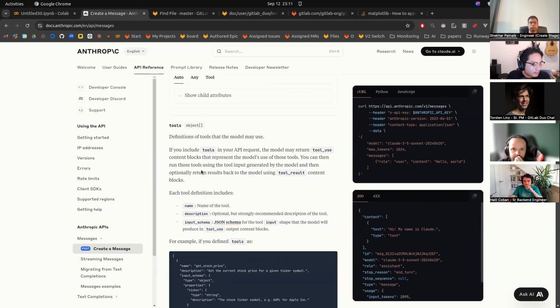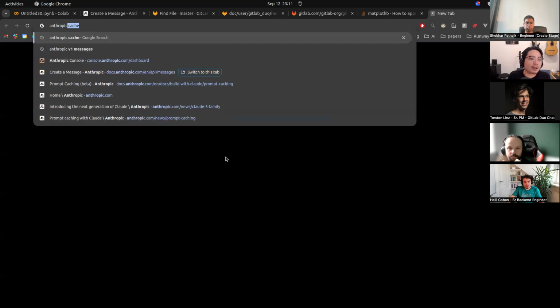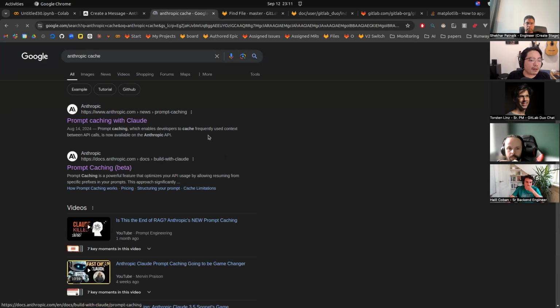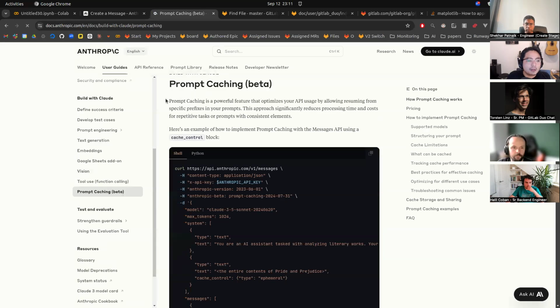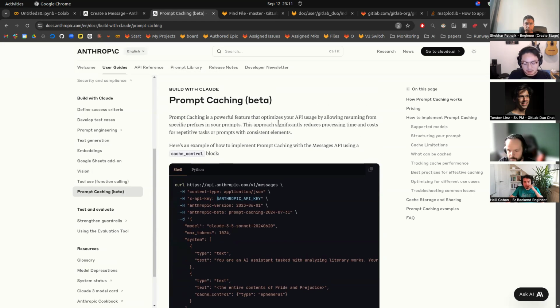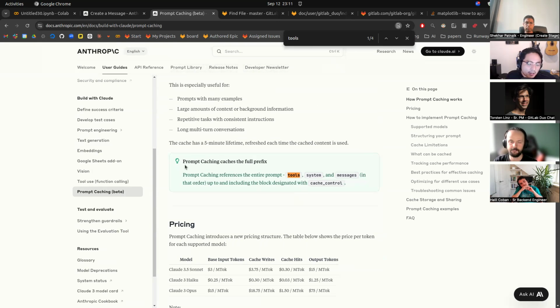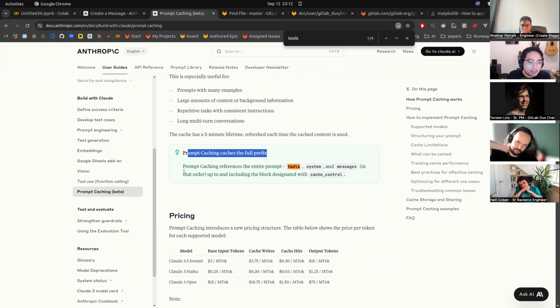Actually, does anyone have an idea how tools are passed to the model? The hint is actually in the recent Anthropic cache doc. Prompt caching better. So here's an important clue: prompt caching caches a full prefix. Let me explain how prompt caching works. Prompt caching references the entire prompt: tools, system, and the messages, in that order,